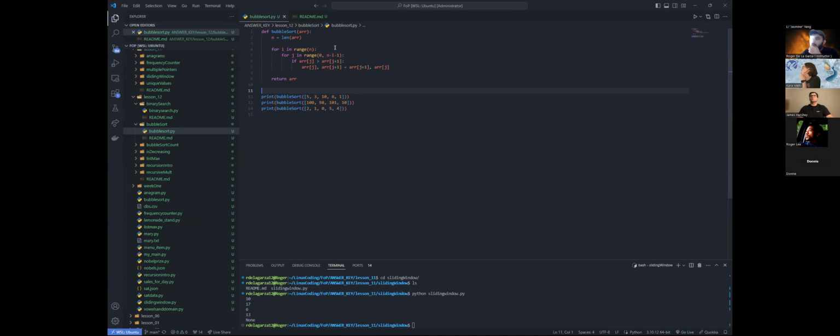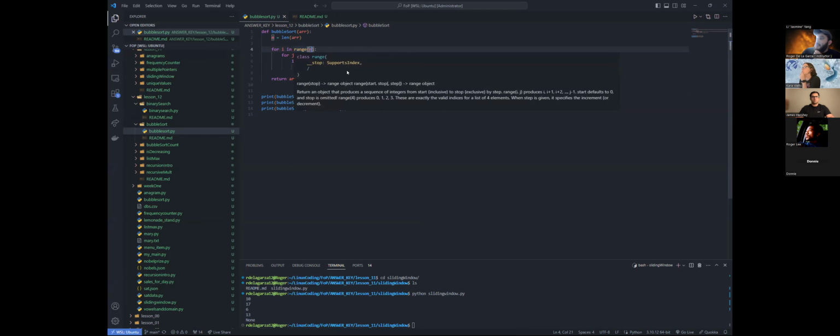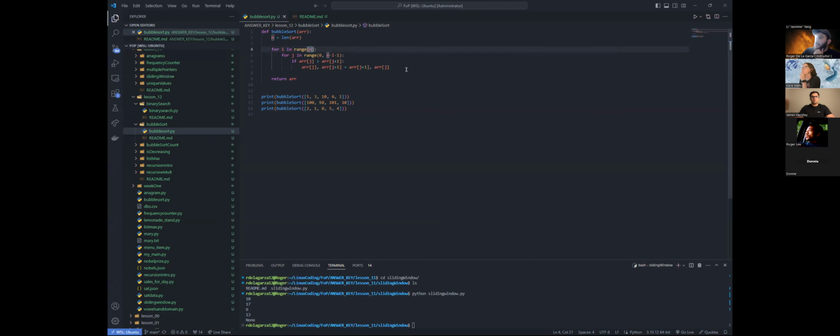It's not the prettiest, like I said earlier, before we got into it, but we did a nested for loop here. We did for i in range of n, and by default, Python starts its range at 0, right? So this is going to allow us to go from 0 to whatever the length of our array is, and then we do a nested for loop because we want to check every single item within there against itself. So after for i in range of n, we did for j in range of 0,